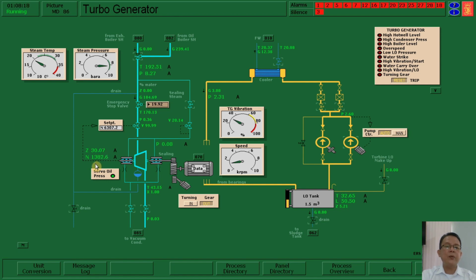And we now have a revolution of 1,390. The technique here is, when you see the pointer going down, increase the opening of the valve. Okay, let us try to put our valve opening into 30%. So slowly increasing the opening of the valve, the revolution of our turbine is a little bit increasing,